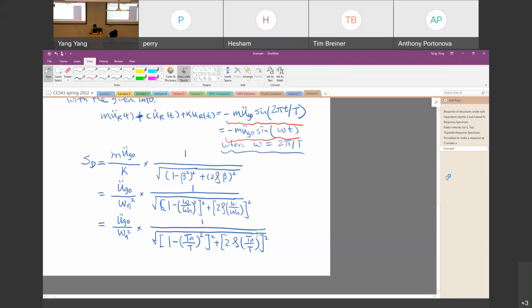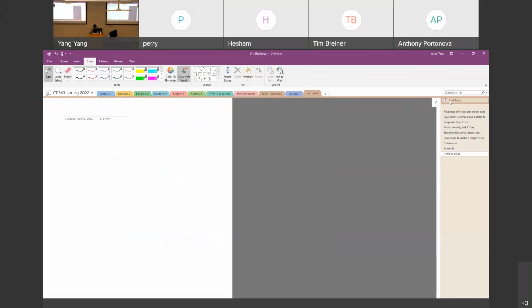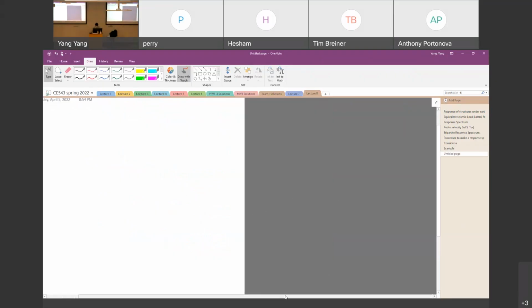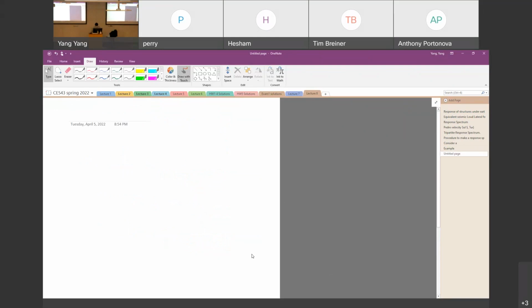So then we should be able to derive the pseudo acceleration spectral values. So the A value, pseudo acceleration spectral values, should be equal to